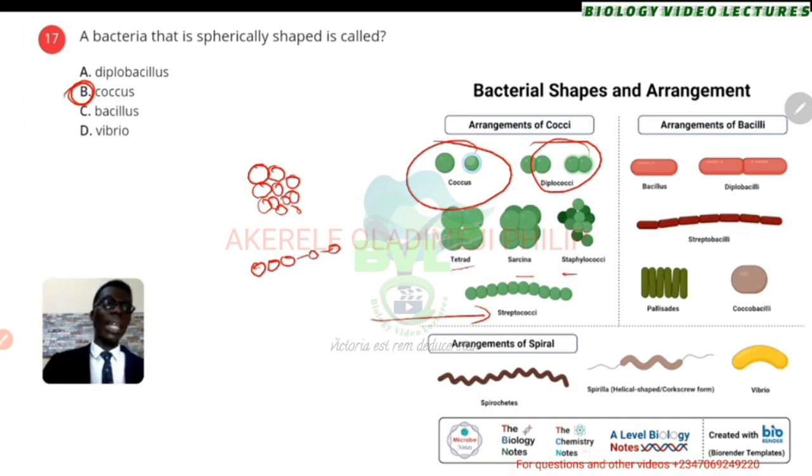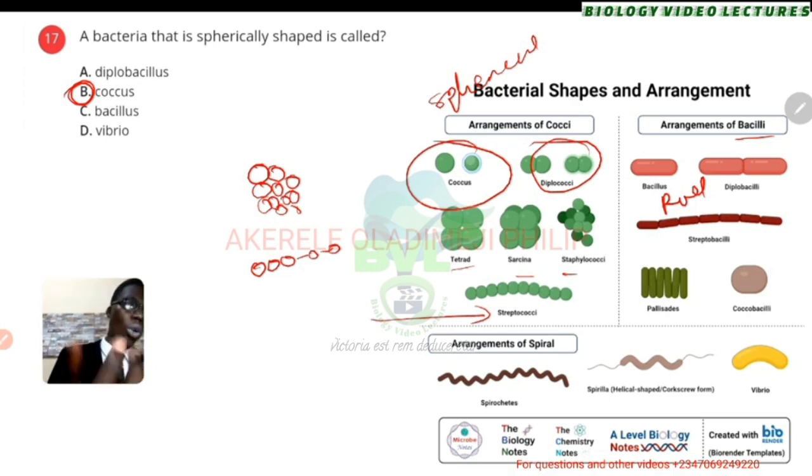Then the next one you're seeing here is bacilli, or bacillus singular. This is rod-like. So this is spherical. This is rod-like. Looks like a rod. So you have bacillus, singular. So you can say streptobacillus. You can see cocobacilli. This one means that it is not fully round,